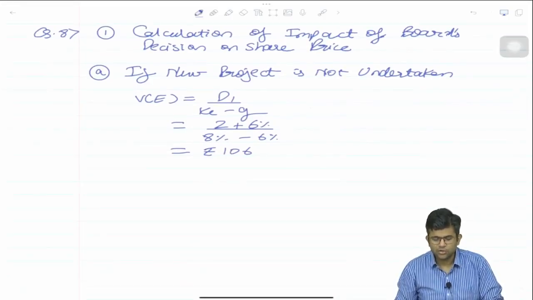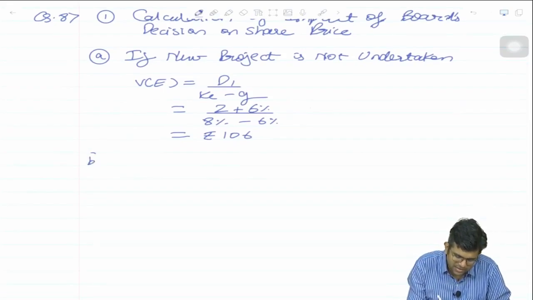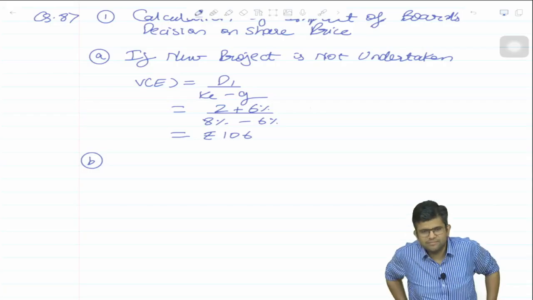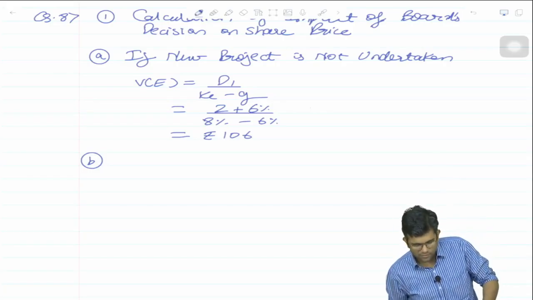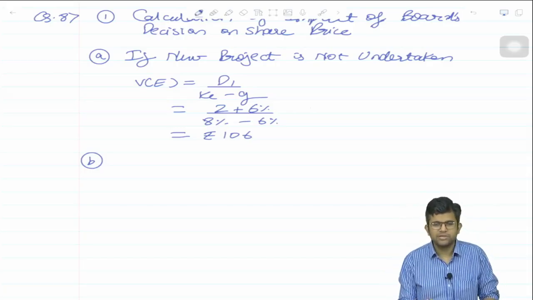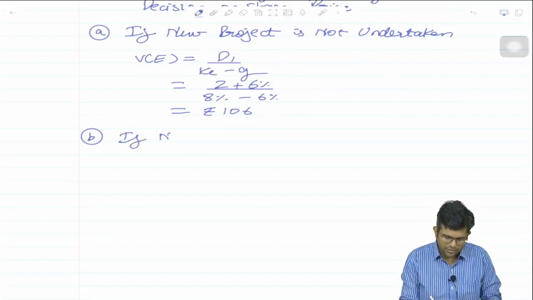So the share price today, the valuation, could have been 106. As they say, this could have been us, but due to some reasons, the board will not agree. Why will the board not agree? Any ideas? Because they are saying we want to go for the new project. So do you realize, if the new project is undertaken,